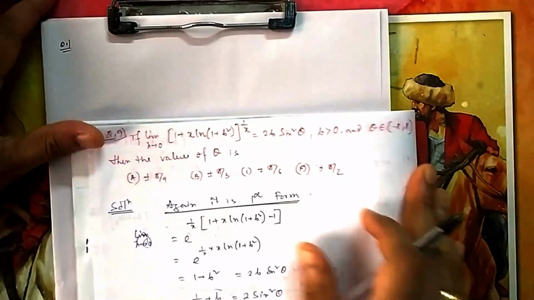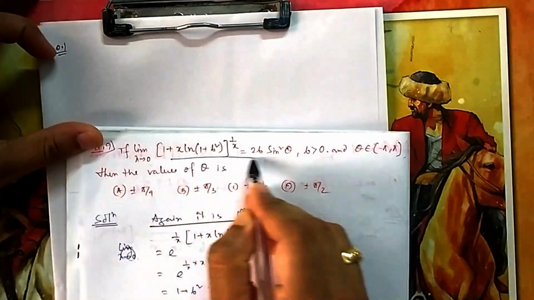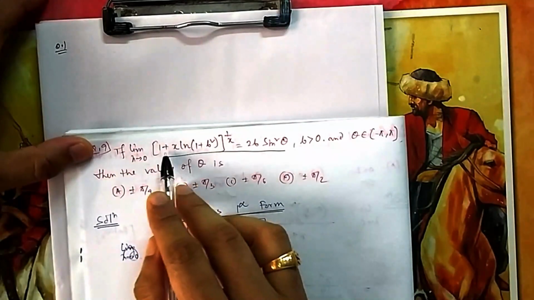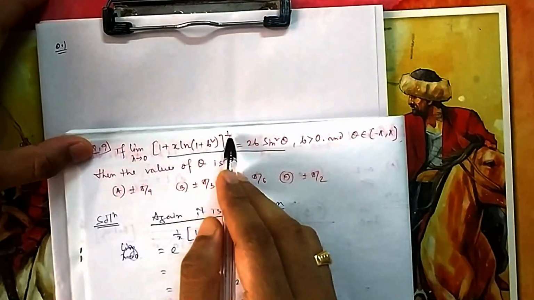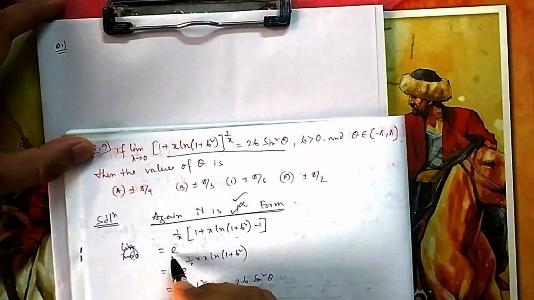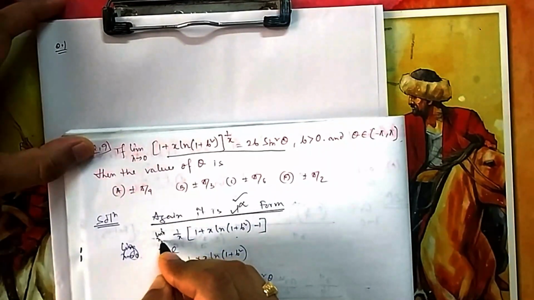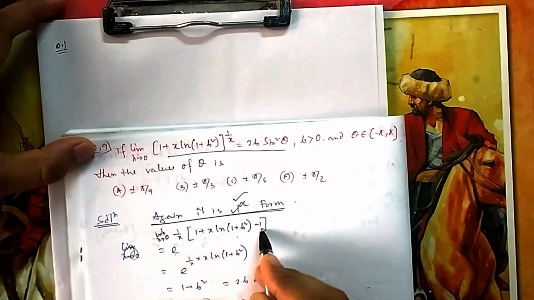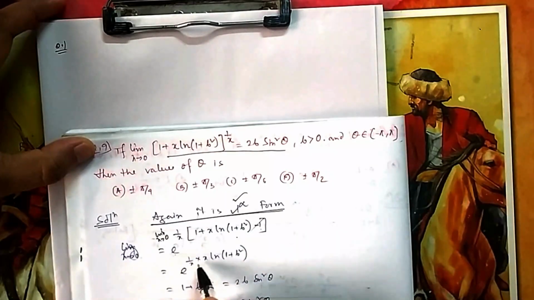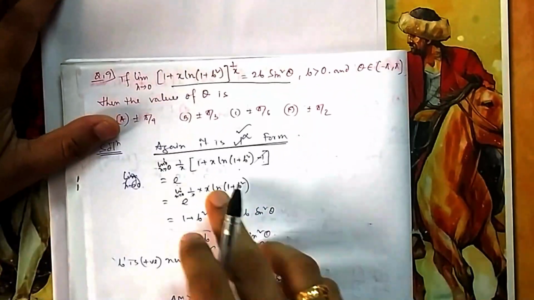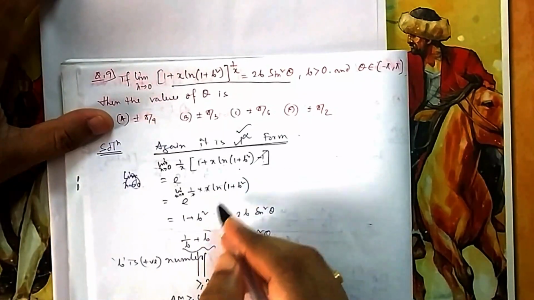Now if you come to question number 9, this is also given this much. Again, what is the format? If you put x equal to 0, it is 0, so 1 by 0, infinity. So it is the 1 to the power infinity format. So what is the shortcut I told you? The limit x tends to 0 is e to the power limit x tends to 0 of power into base minus 1. So 1 gets cancelled, and x will also get cancelled. That's why I am not mentioning the limit there, because there is no x, no need to put x equal to 0.